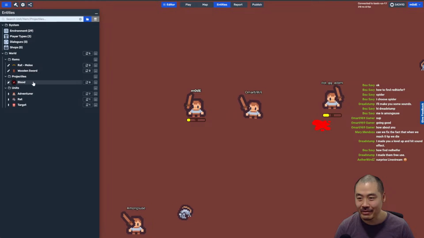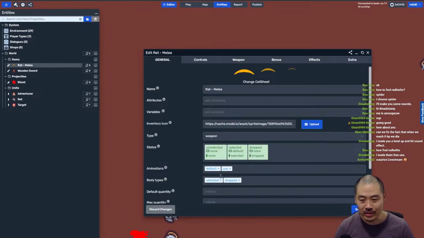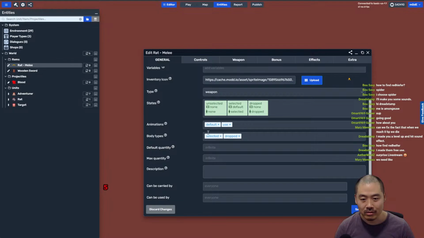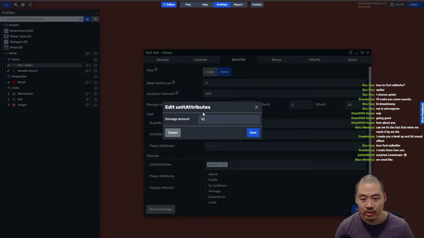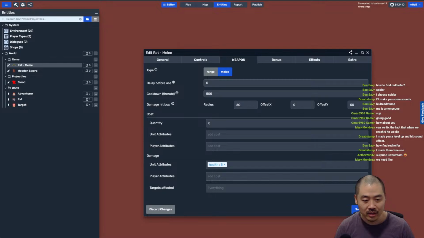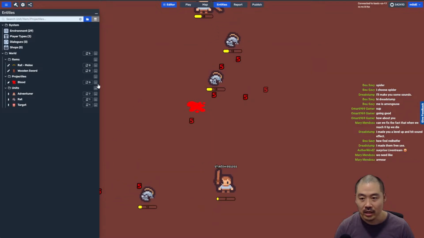I'm gonna change their damage. The rat melee should be, I don't know, set the damage as weapon. Health should be, let's do 5. Nerf their damage a little bit. And